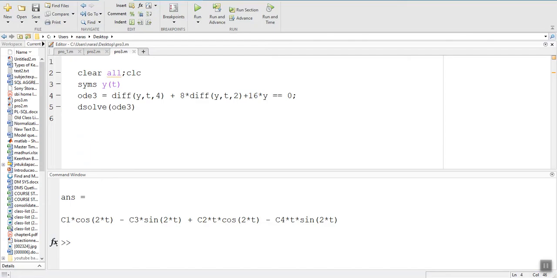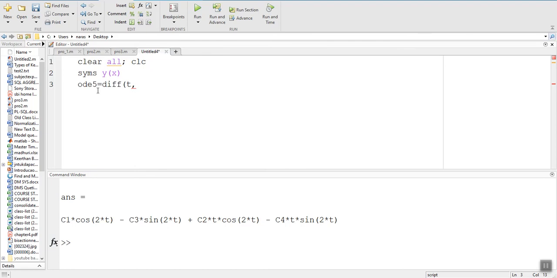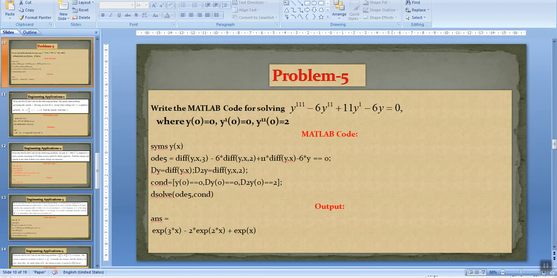Okay, fifth question. So, what is the procedure? So, before that write clear all, CLC. Now, syms, okay, I will write it as Y of X. So, ODE, okay, write any name, ODE 5 or 6, whatever it may be, then no problem, equals to diff function Y comma X, Y comma X fourth order derivative, then what is the next term? Minus 6